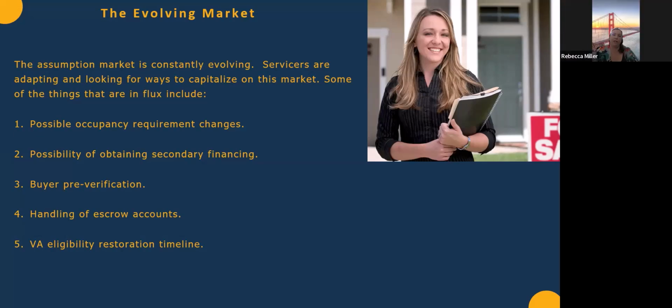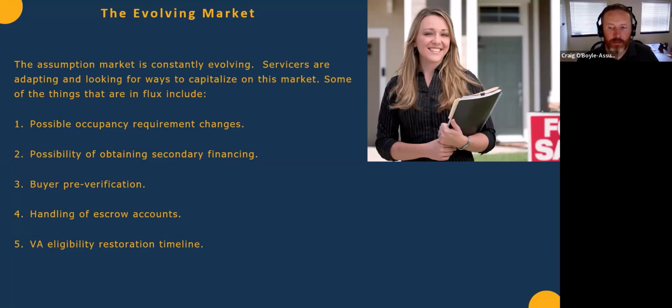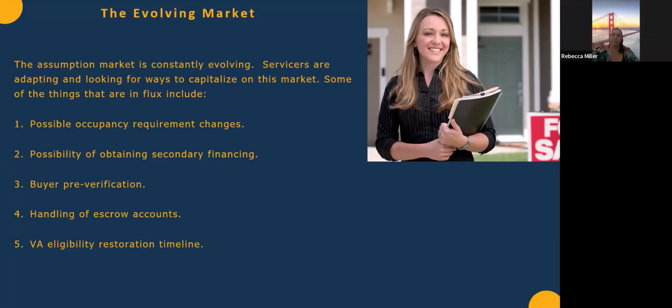Craig, this won't matter if that person still has enough entitlement left in the market they plan on purchasing. Correct. Yes, if they have enough entitlement left and they can bring cash and cover what they need to do, they're okay. But this is talking about if they need their full entitlement to do that in the swap.